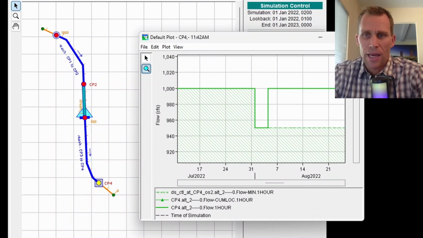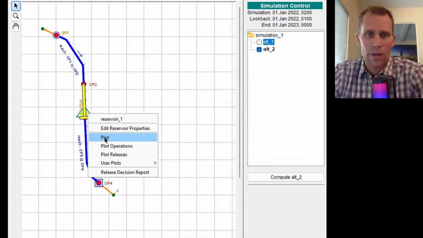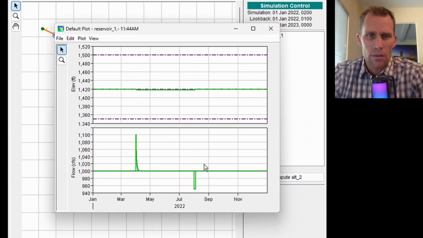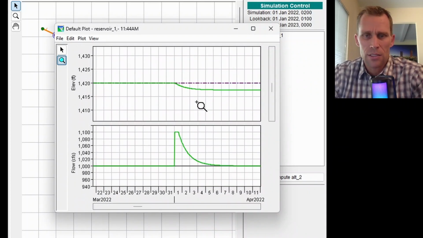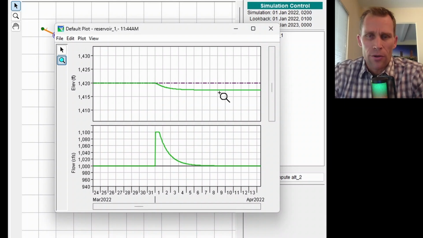Let me go ahead and take a look at the reservoir data. That may answer a few questions. So I'm going to right click, plot, and then let me remove the legend. Okay, this is sort of what I expected to see. Let me zoom in on this section here. What I'm seeing is a drop in elevation and volume right when the beginning of April happens and this extra